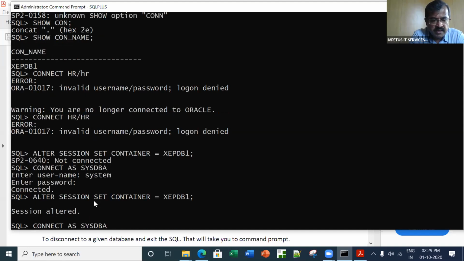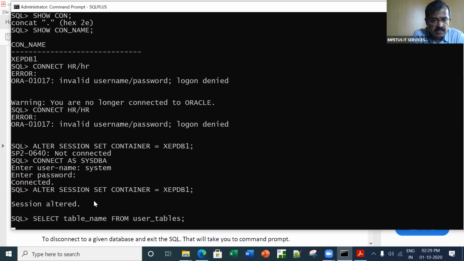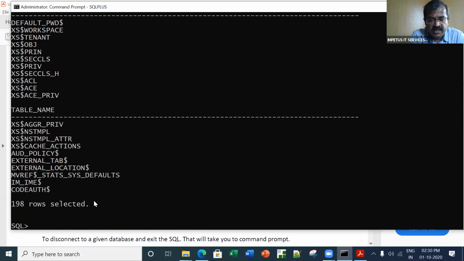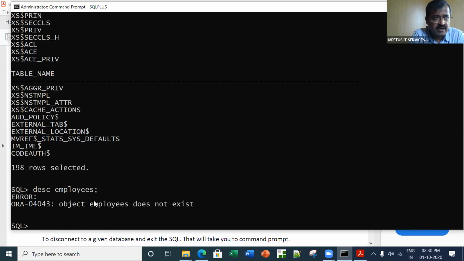Let's see the tables. We have all the tables. I'm not interested in all the tables. Let us at least see, do we have the employees table over here? If I say describe employees, no, that's not over here. That means that particular table is available in the HR schema.